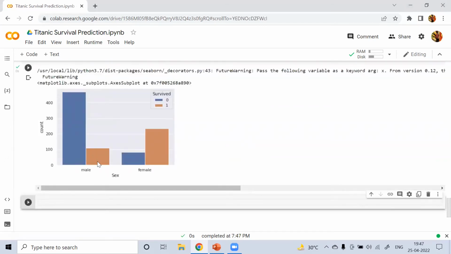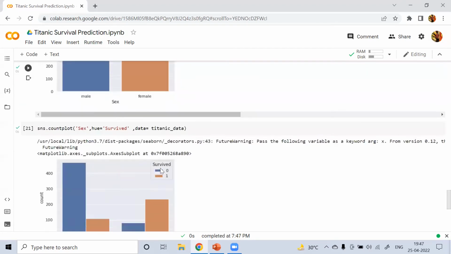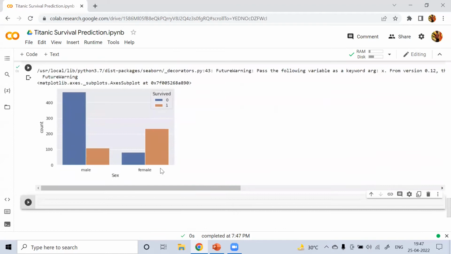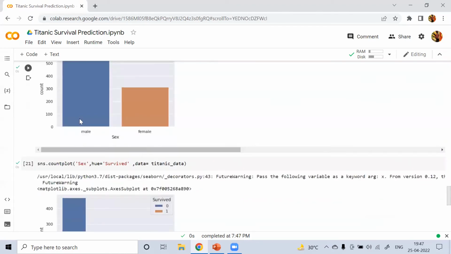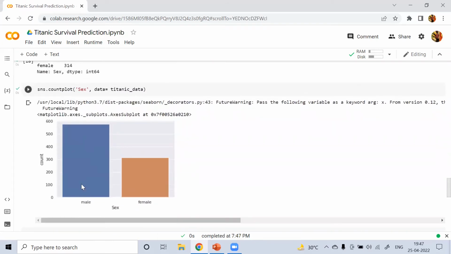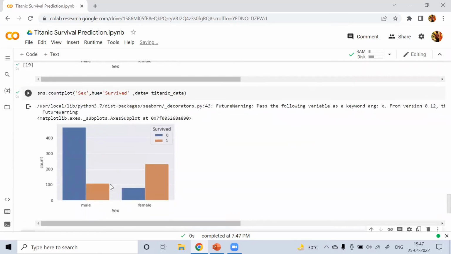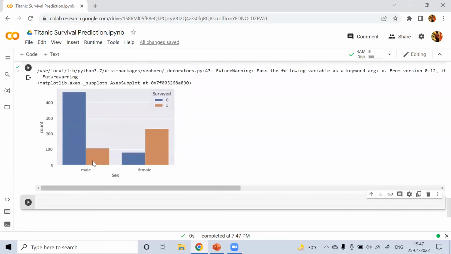You can see that this represents only the number of males and females in our dataset, and with this hue, I can see how many males survived and how many females survived, as well as how many died.